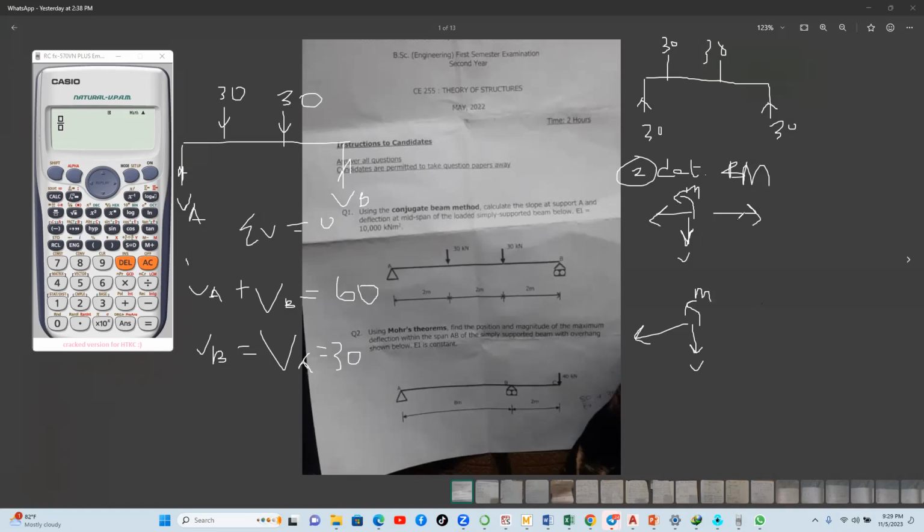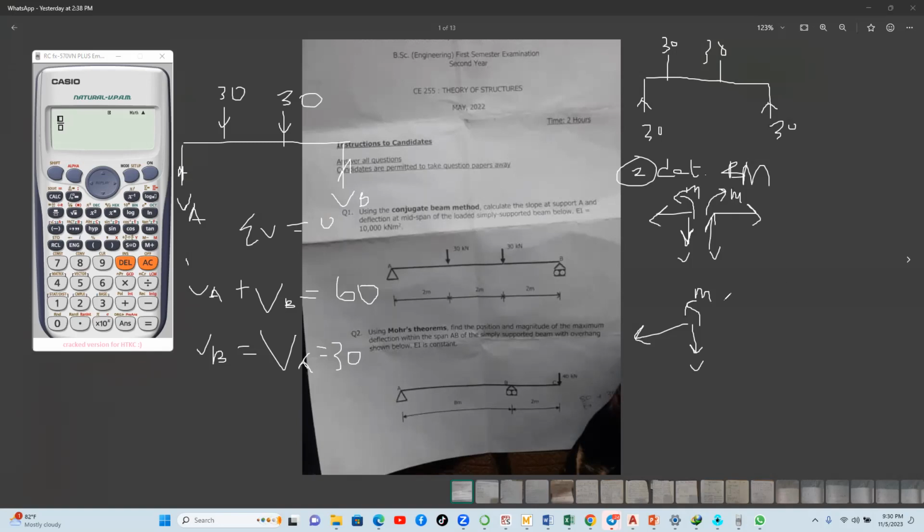When you take the right hand side, it goes like this. Here is your M, your bending moment or your moment. Here is your V, your shear force. Have you seen it? Yes, please. So from here, what you are going to do is,